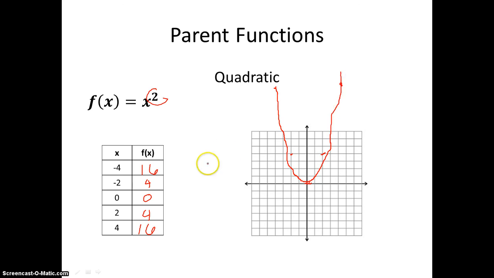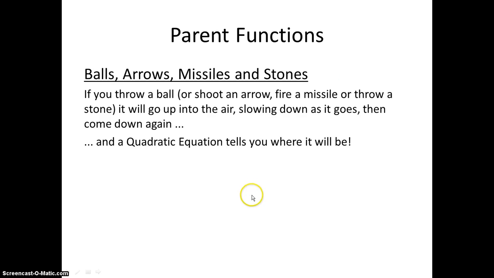Sorry, the pen I'm using isn't exactly the best pen. But yes, it is more of a, that was a little bit better. Something like that. U shape. And these are also seen in pretty much any sport that involves a ball in the air, throwing a ball. Fire a missile, throw a stone, it'll go up and come back down, and, you know,